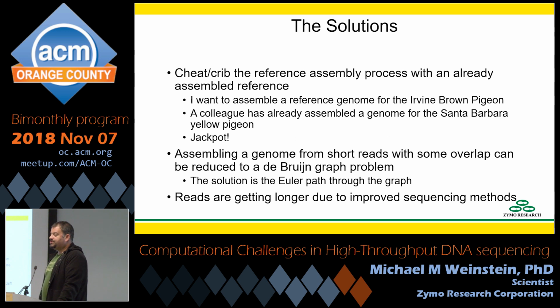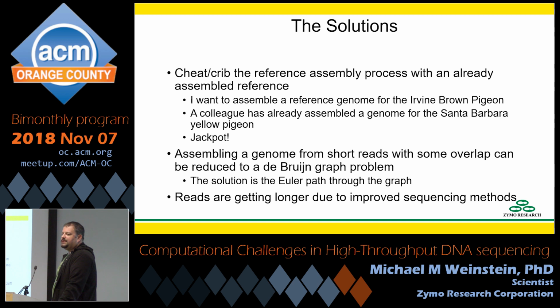So what are our solutions here? One solution is basically what I call cribbing, or assembling to an existing reference. Let's say I have the genome right now for the Irvine brown pigeon. I want to assemble the Irvine brown pigeon. Somebody I work with has already assembled the genome for the Santa Barbara yellow pigeon. I can use that as kind of a guide to put together the new genome. Starting completely from scratch,